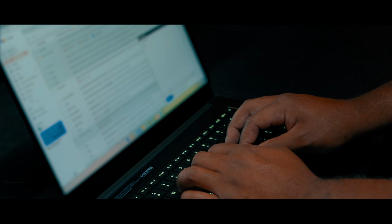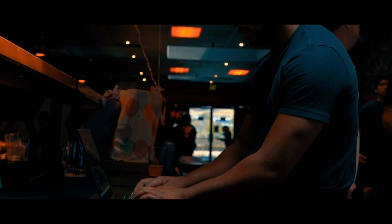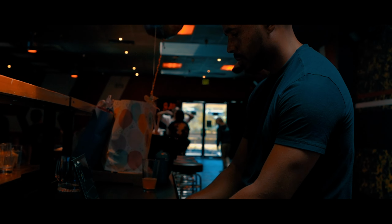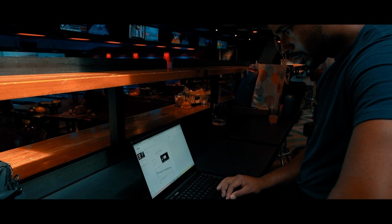Having this laptop be able to be so supportive of my abilities to perform at a high level on the go is a huge benefit of using this type of equipment as a part of my day-to-day as a gamer and a YouTuber. A lot of times during this kind of window, while I'm at bowling or while I'm doing something at a coffee shop, I'll have my laptop with me and I'll be answering work emails related to esports